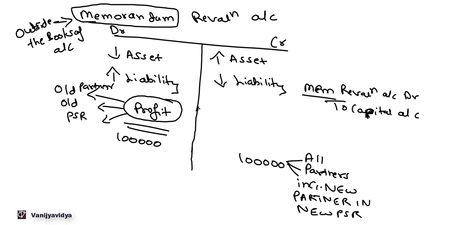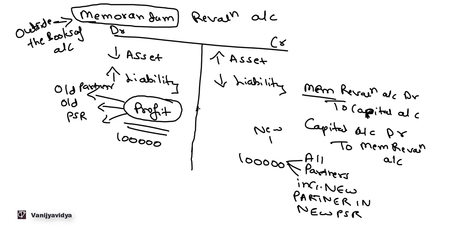So the entry for this will be, we will be debiting the capital account of all the partners to memorandum revaluation account, and this will be in the new profit sharing ratio, whereas this distribution of the profit was in the old profit sharing ratio. So this is a new additional step which we need to take here since we are preparing